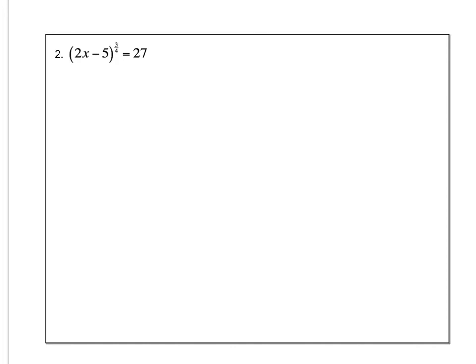Alright, let's try another one. Again, your first step is to try and unwrap the problem. So in this particular problem, the thing that's on the outside is the 3/4. So to get rid of the 3/4, we're going to take each side to the 4/3 power. Again, that's a teeny tiny 3/4, so keep it a teeny tiny 4/3 when you write it in, so you know that it's still an exponent, that you're not multiplying by 4/3, but you're taking it to the power. The 3/4 and the 4/3 cancel, so you have 2x minus 5 left, equal to